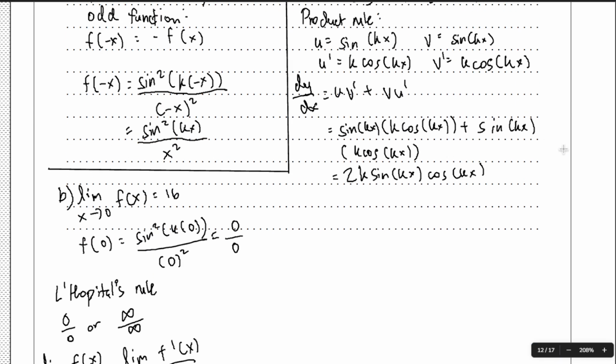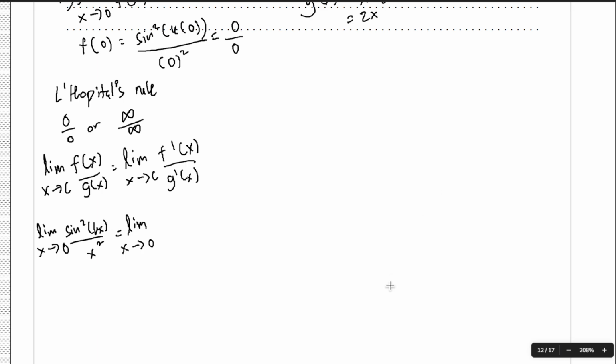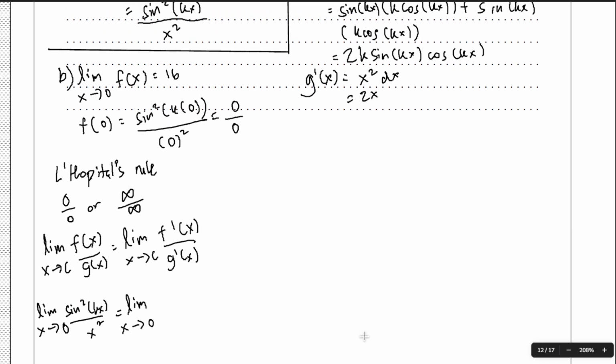Our denominator derivation would just be the derivative of x squared, which is 2x. So if we place these values in here, we have 2k sine kx cos kx over 2x. When we try to plug in our x value of 0 here,